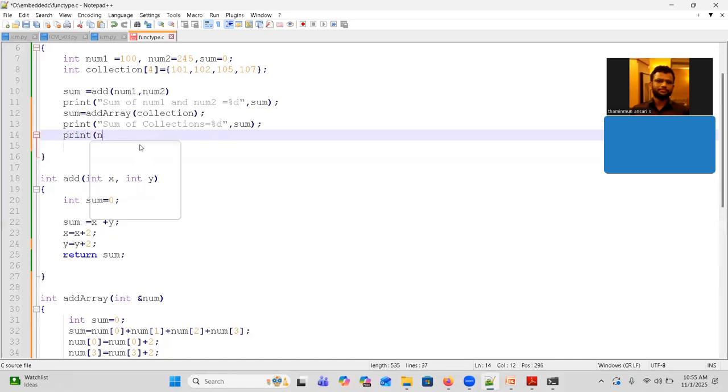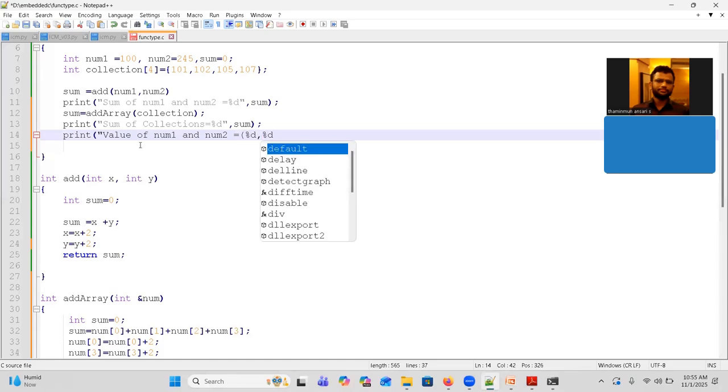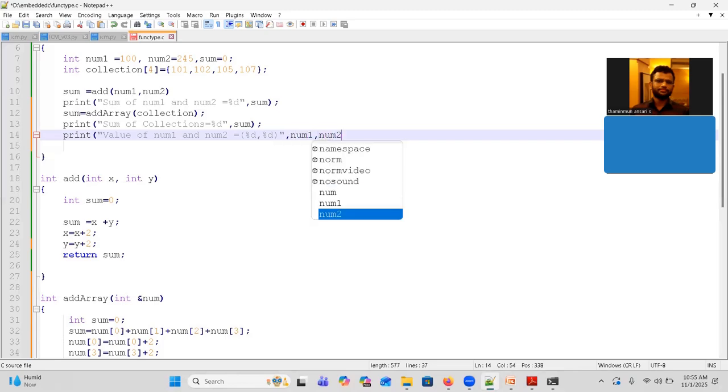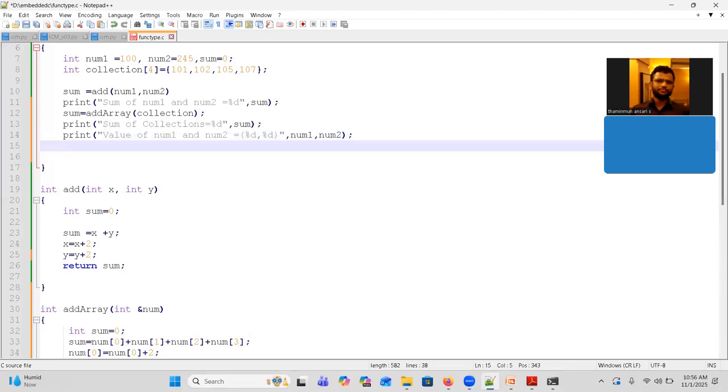Then to print, we have to use a loop, for int